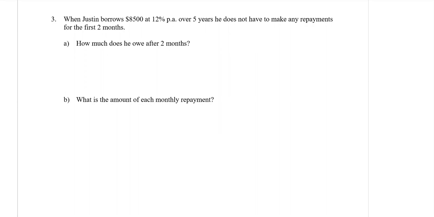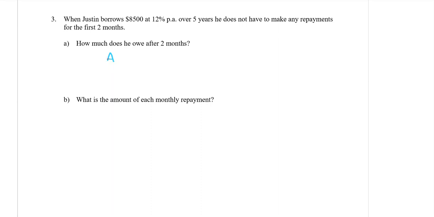When Justin borrows $8,500 at 12% per annum over 5 years, he does not have to make any repayments for the first 2 months. Ooh, spanner in the works. Okay, so no repayments for the first 2 months, but they're broken into parts for me to help. How much does he owe after 2 months? That would just be,